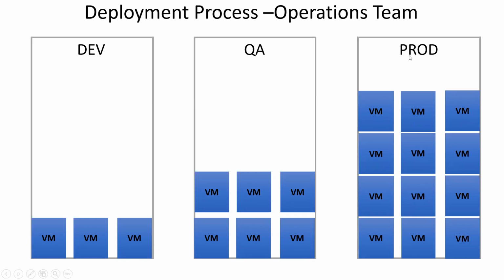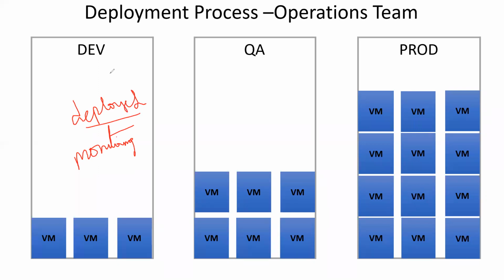So if you look at the way that they provision, they have to provision based upon the environment needs. They have to check whether the app is running in those machines. They have to do continuous monitoring, whether the application is running as expected. If something is not running, they have to take action. They have to collect the logging information of the application. They have to start doing deployments. See, the code that is given by the developer needs to get deployed in lower environments also. The development team or ops team has to do a deployment.